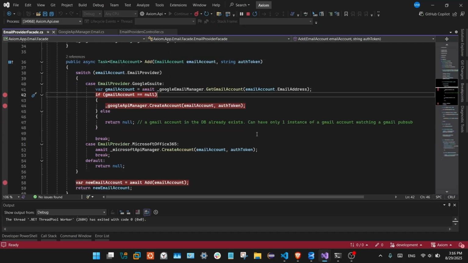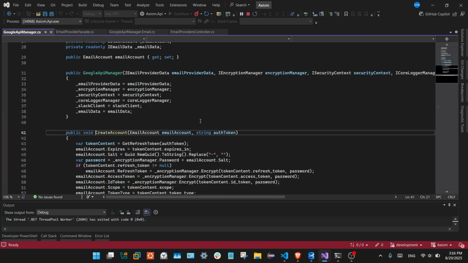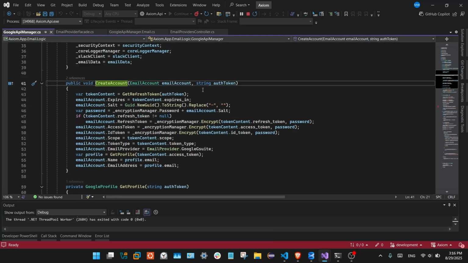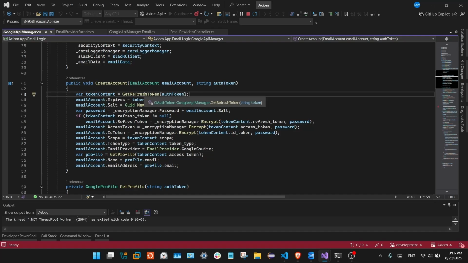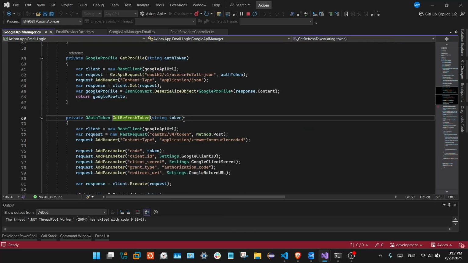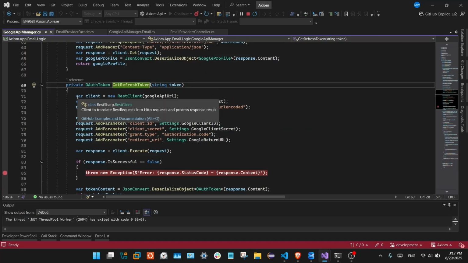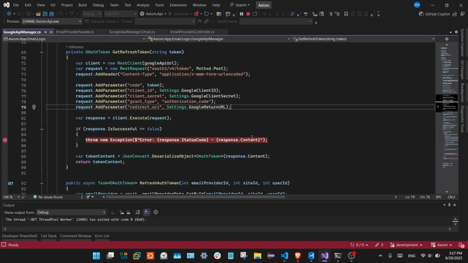So going back to this, we get our information about this Gmail account in the database. Now, if it's a brand new account, we don't have this account in the database yet, so we're going to create a new one, okay? So we're going to create a new account first. What that means is first we're going to exchange this authentication token that we got for refresh tokens. So we're going to have to go through making a request for these tokens,